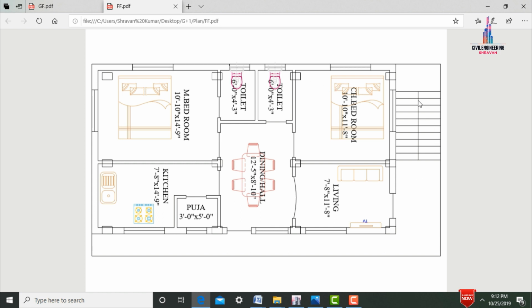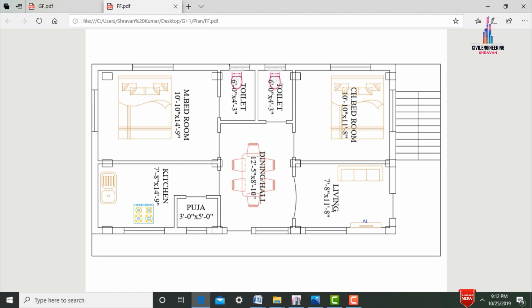So these are the staircases which are provided in north facing direction. The staircases will be 6 feet 6 inches wide. So this is the balcony which is provided in north facing direction, which is approximately equal to 6 feet 6 inches wide. So this is the balcony which is provided in east facing direction, which is approximately equal to 3 feet. So through this north facing direction, we are entering into the living area through the main door here. The width of the main door is approximately equal to 6 feet.